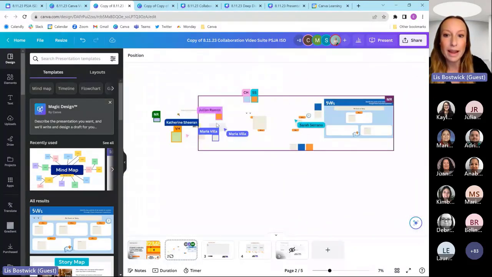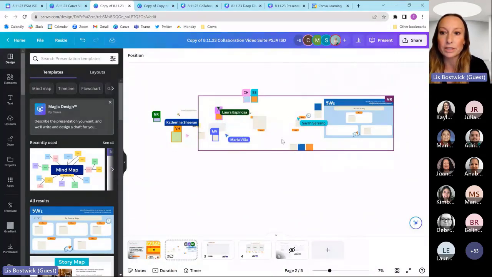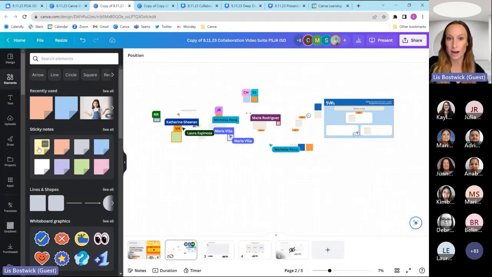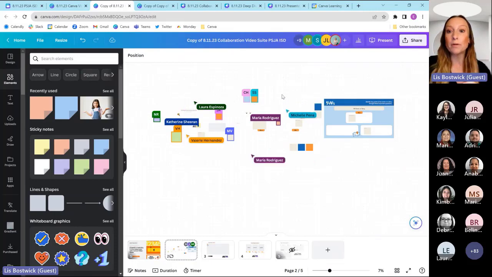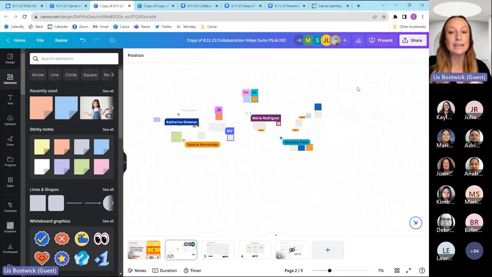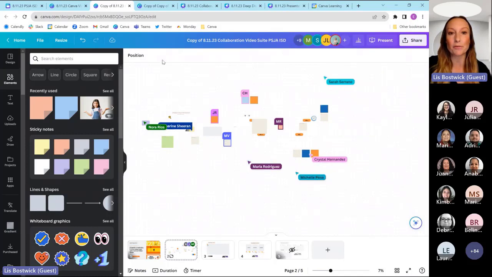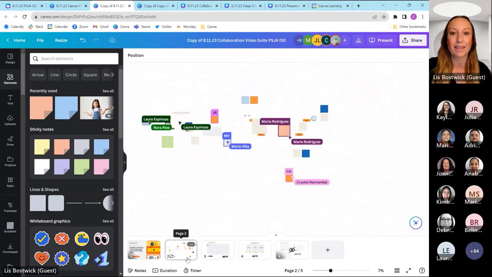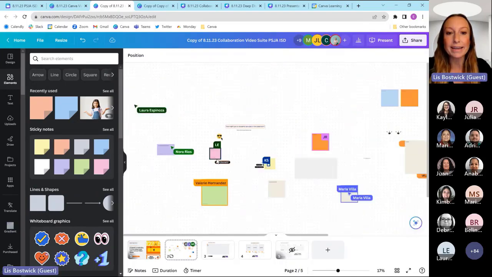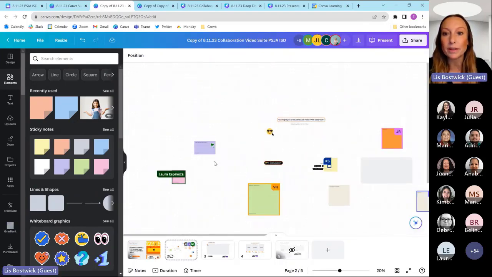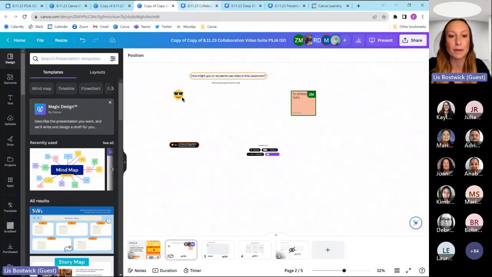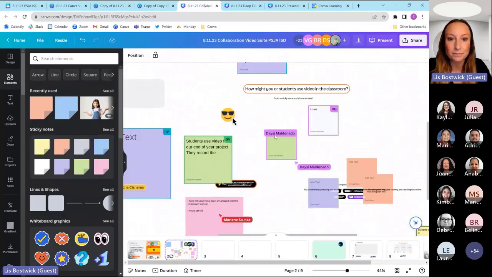So I'm just going to backtrack with some of the directions here. Once you're in page 2, you're just going to click Elements, select a sticky note from the tray, and then go ahead and type. Remember that you can increase your font size simply by clicking on the font, and up at the top toolbar, you'll be able to increase font just like you would in anything. So we're just sharing ideas for how might you use video in the classroom, or how do you use video in the classroom? That might be for you, it could be for students.